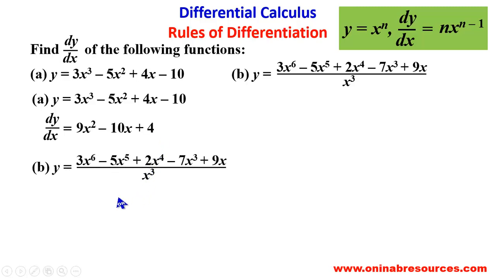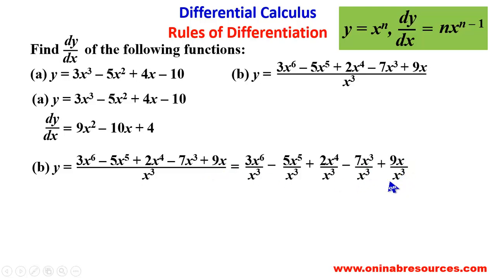We then go for B. For B, we have y equal to 3x^6 minus 5x^5 plus 2x^4 minus 7x^3 plus 9x all over x^3. And we are going to split them into their individual fractions so that we now have 3x^6 divided by x^3, then minus 5x^5 divided by x^3, then plus 2x^4 divided by x^3, then minus 7x^3 divided by x^3, then plus